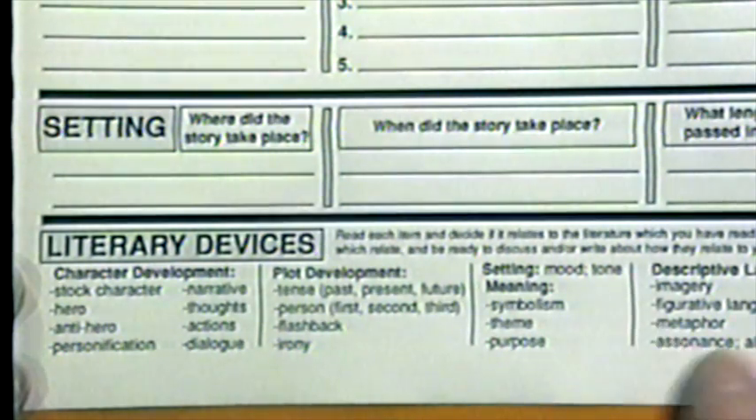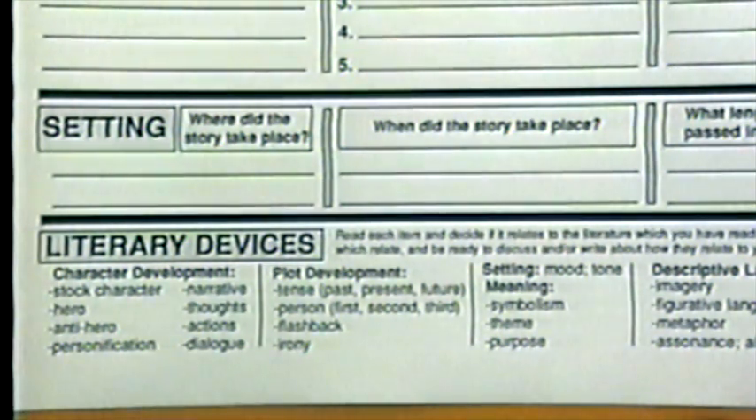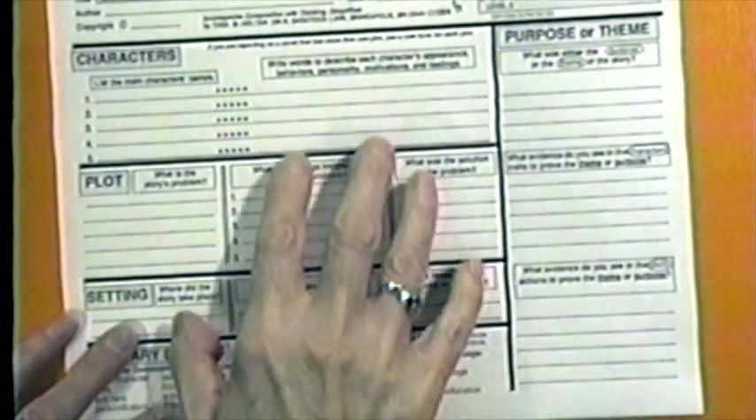Descriptive language. And what kids should be doing is circling the words that apply to the story that they read. They also can turn this into a written form and write a book analysis from this, using this as their outline. So this can be an outline, it can be the analysis itself,